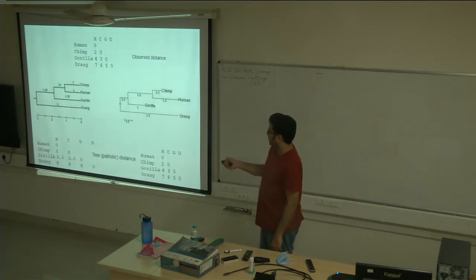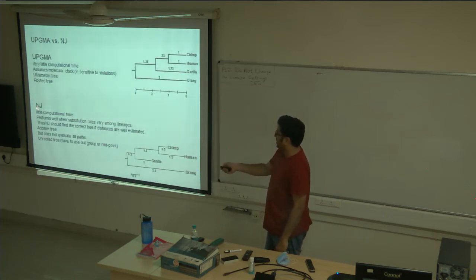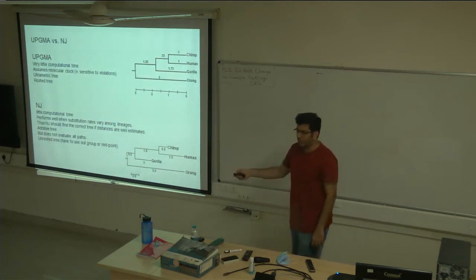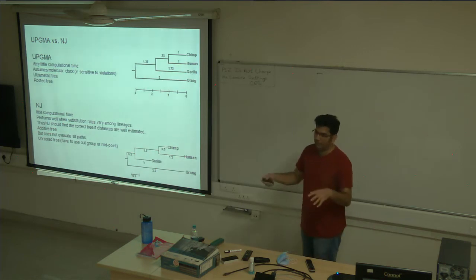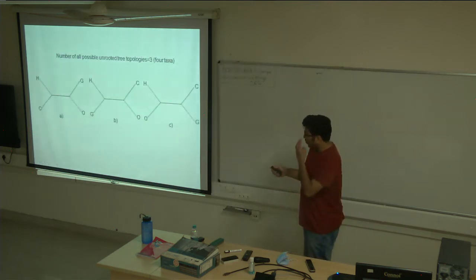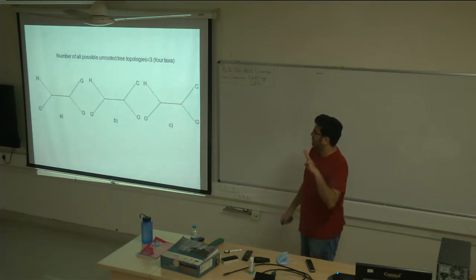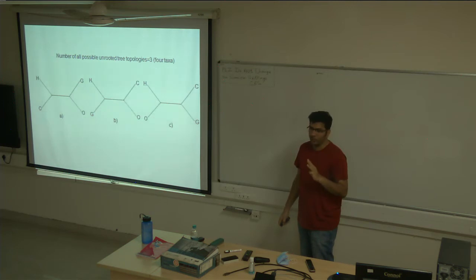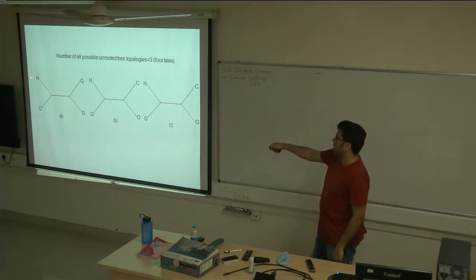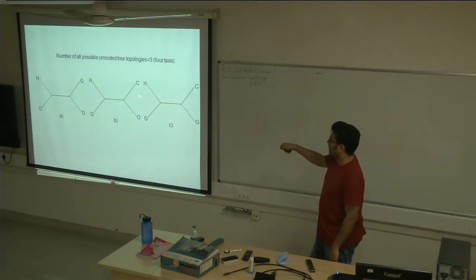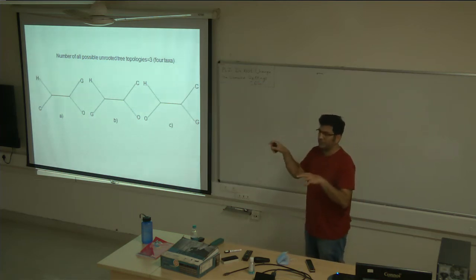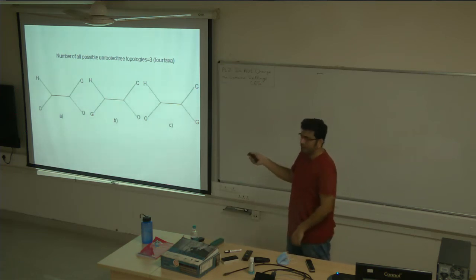So here I said, right, the neighbor joining and UPGMA, both of them, do not evaluate all the paths. What I mean by that is, in a 4 taxa situation, we have 3 possible unrooted tree topologies. You can make out the difference here, where human is sister to chimp in one case, here it is sister to gorilla, and here it is sister to orangutan. So these are the 3 different combinations in which you can place these taxa on this tree. These are 3 different unrooted tree topologies.